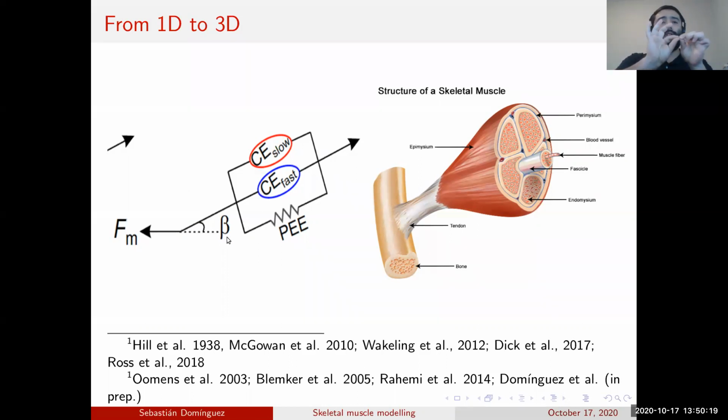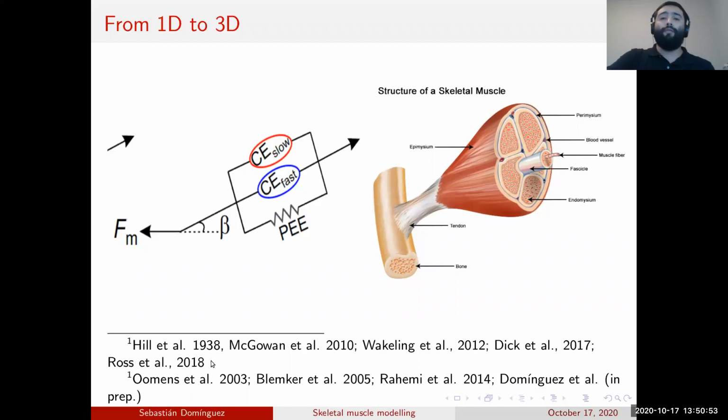So there is a hill-type muscle model, a version of this model for muscle, for fibers, and for something called sarcomeres, which are units inside the fibers. We say, okay, maybe we can take this model and put it locally in parallel, right? Or in series first, and then by putting fibers next to each other in parallel as well. And that's how we based our model, all right?